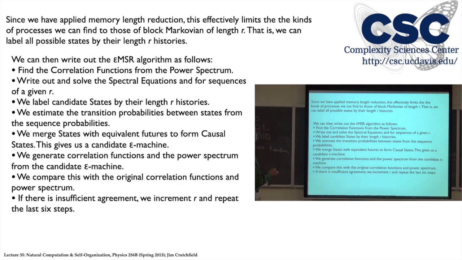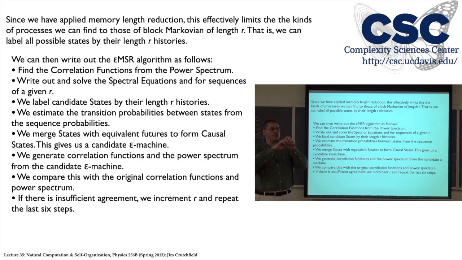So let me just tell you the algorithm, I got ahead of myself, sorry. That represents eMSR. What we're going to do is take a power spectrum and find the correlation functions. Then we write out and solve the spectral equations for sequences of a given length. Once we do that, we label candidate states by their length R histories. That is,